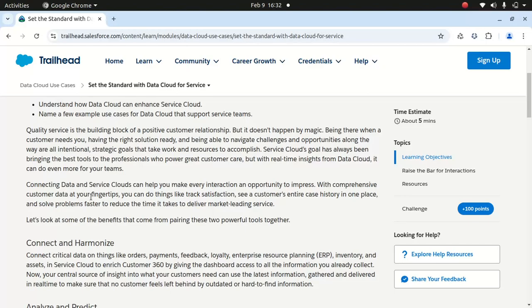Is it the right time to contact the customer, or is the customer going to respond, or are you going to annoy the customer, right? Based on the previous engagement history. So you could pretty much harmonize the data all in one place to get that insight. So that's one thing. What's the first principle, right? Connect and harmonize. That's one of the important aspects of Data Cloud.